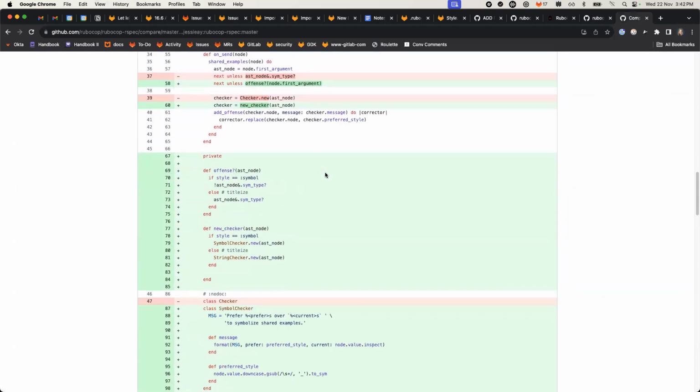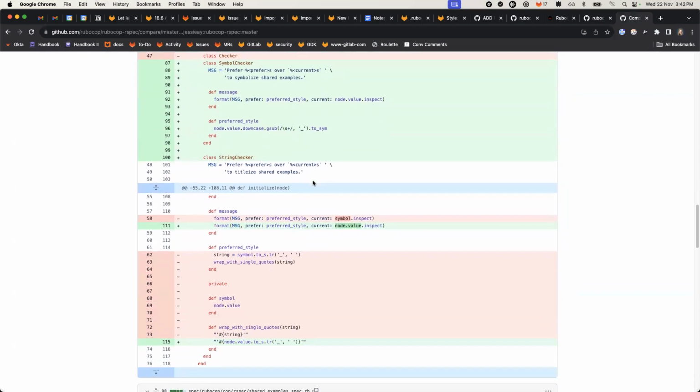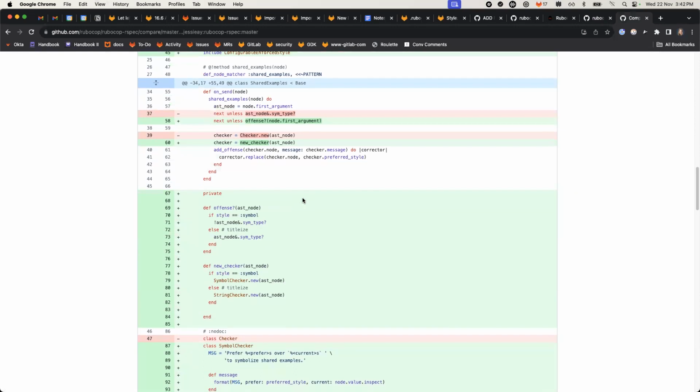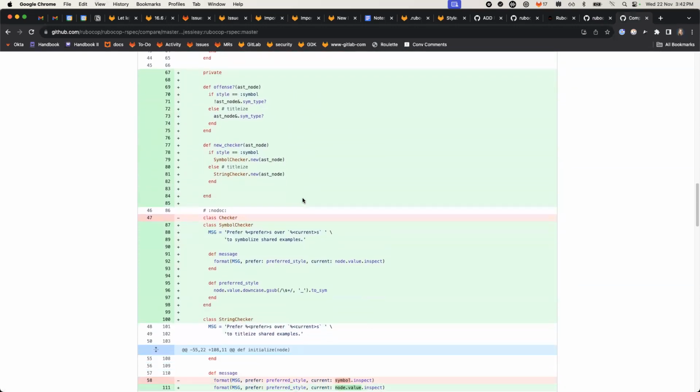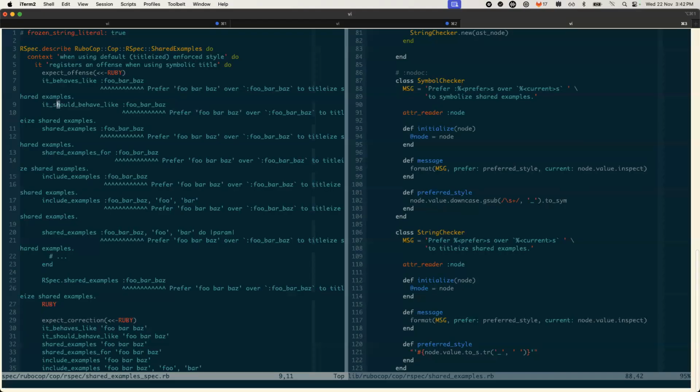So yeah, because before... Where was the message before? Oh yeah, no, this is how it was before. Two titleized shared examples. So in string checker, this hasn't changed at all. So that spec should still be good. We just need to change the